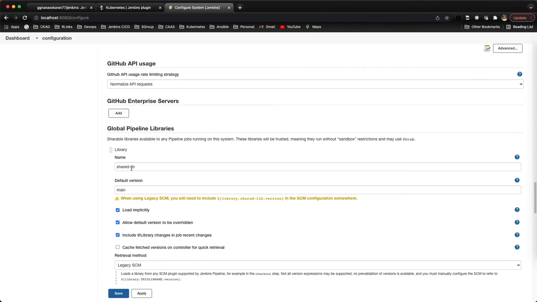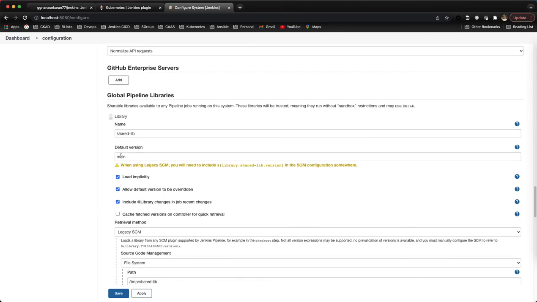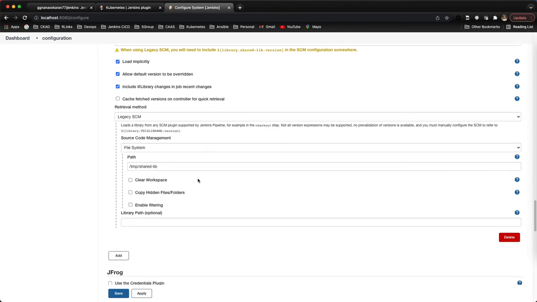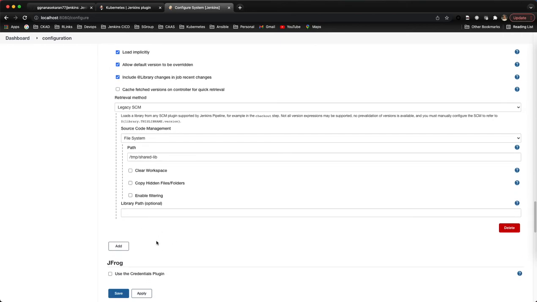We gave a shared library name, and that came, then whatever version we set, that came, and we are using load implicitly. That means in all pipeline jobs, this shared library will be injected, and we kept the functions under /tmp/shared lib. That also came through clearly. I think it looks fine now.